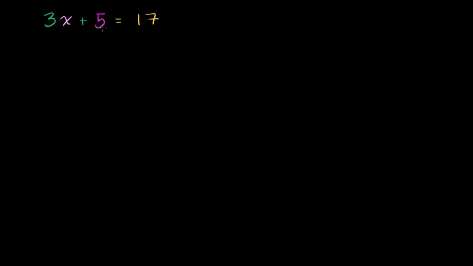Let's solve it kind of in a tangible way, and then we'll solve it using operations that hopefully will make sense after that. So 3 times x literally means, so let me write it over here, we have 3 times x. So you literally have an x plus an x plus an x. That right there is a 3x. And then that's plus 5. And I'm actually going to write it out as 5 objects. So plus 1, 2, 3, 4, 5. This right here is 3x plus 5